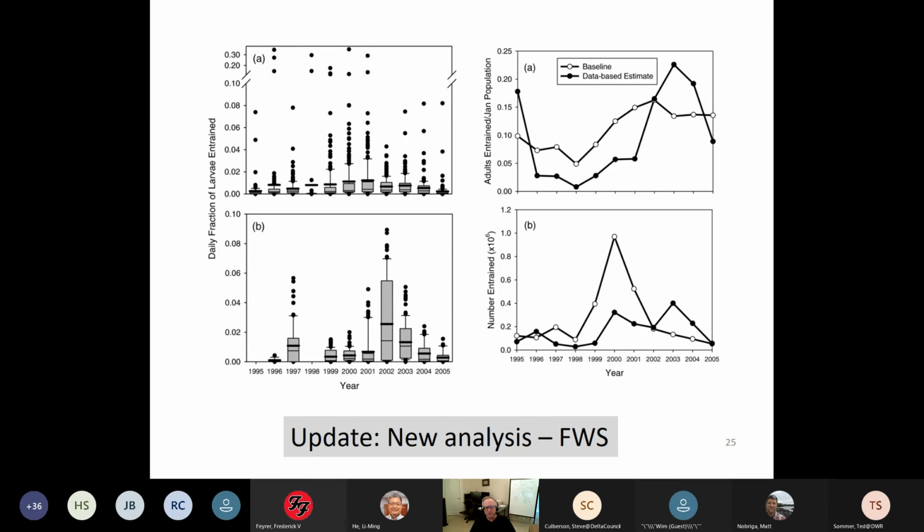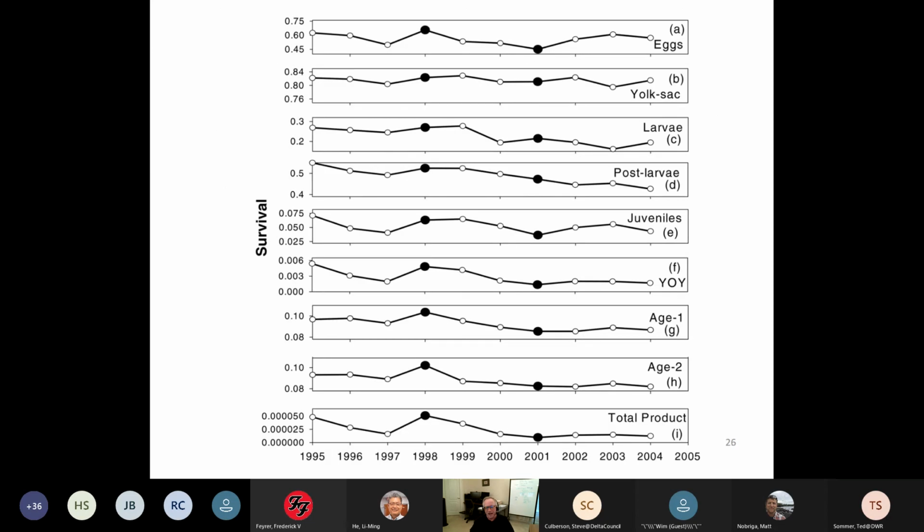Here's the entrainment output. Again, we're going to look at this again, and the top right is the number of adults entrained each year divided by their January starting population. And there's some data. This was the level of comparison I did before. We can do better now with Will Smith's work. The left-hand side's larvae, and the top is the model. At the bottom is the data, I believe. It's been a while. I love these.